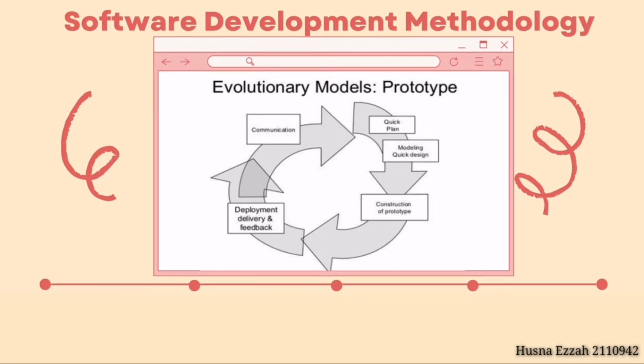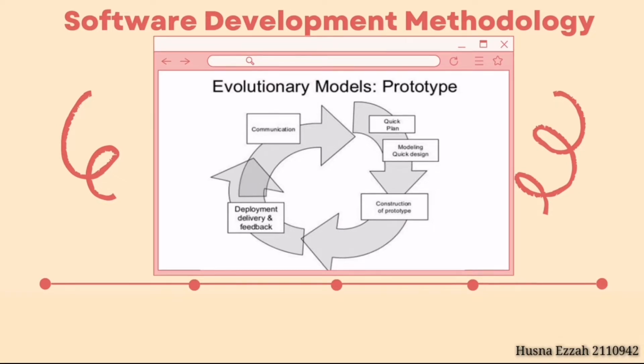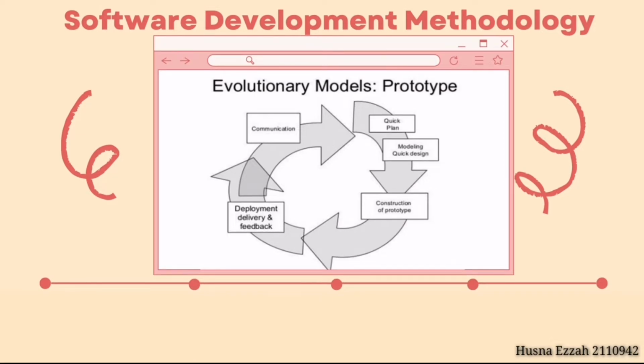I am Husna Ezah and I will continue on the software development methodology. The selected process model for our project is the prototype under the evolutionary model. A prototype is described as the process of generating a working replication of a product or system that needs to be constructed. The evolutionary prototyping combines incremental and extreme models. It helps to avoid wasting time and effort. It also allows us to obtain feedback and vital input from the customer that can assist the software engineer and developers in understanding while improving the expected product under development.